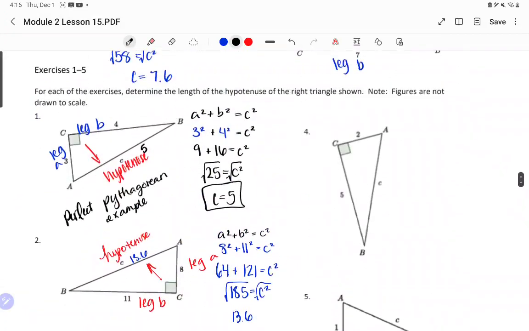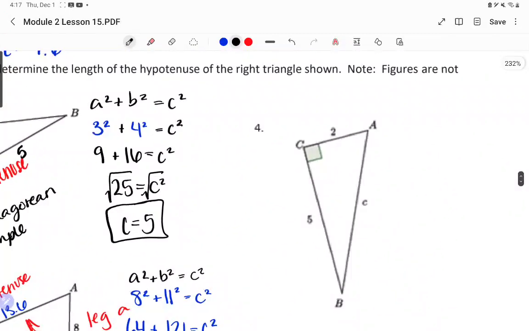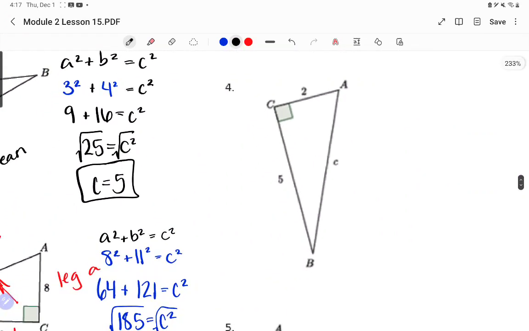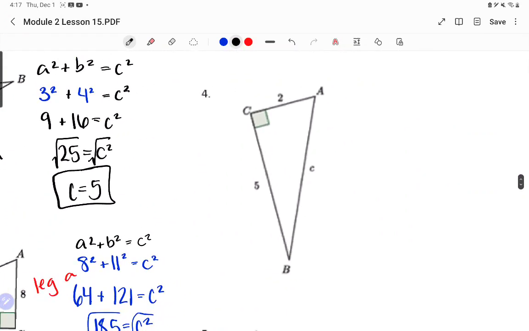All right, I'm going to leave you to do number 5 on your own. So this is going to be the last example that we do together. And then I'll walk you through number 5 after you try it on your own, okay? All right, so we have